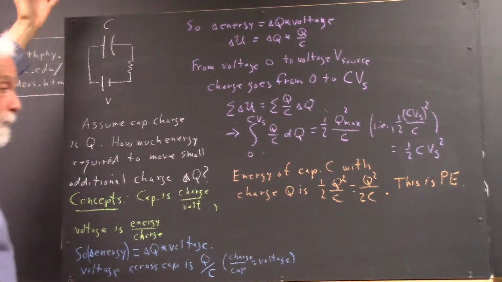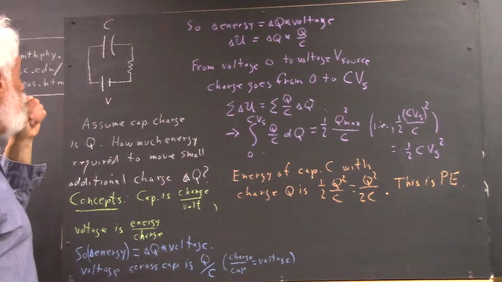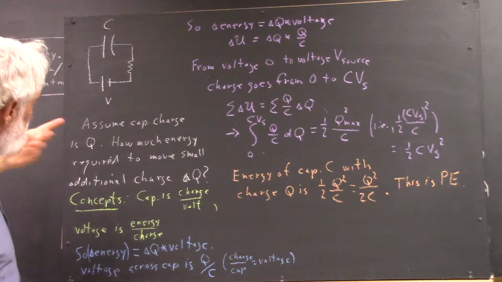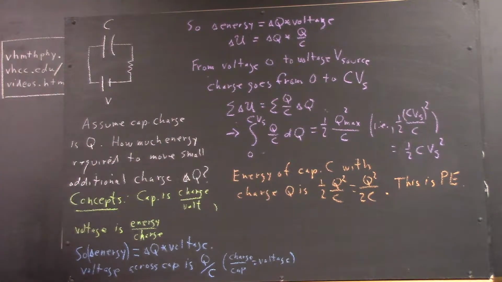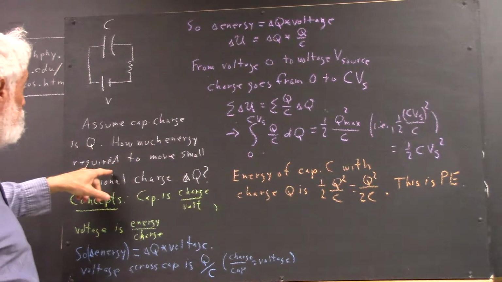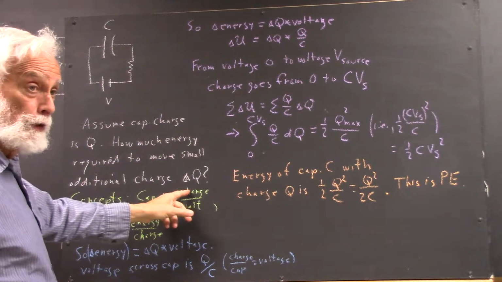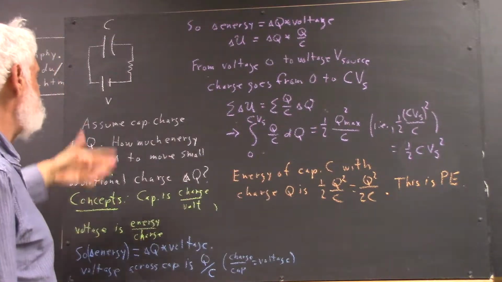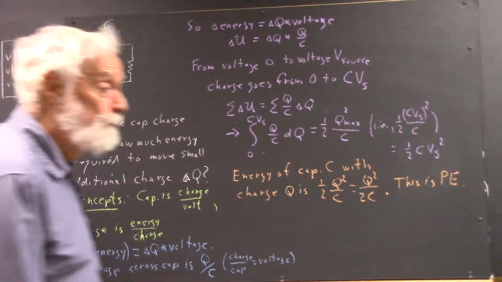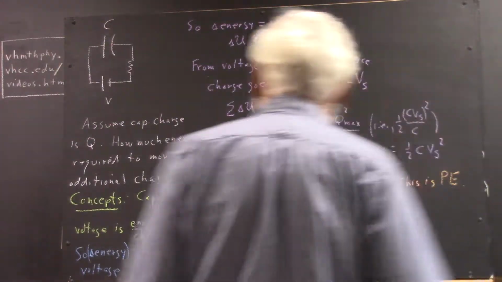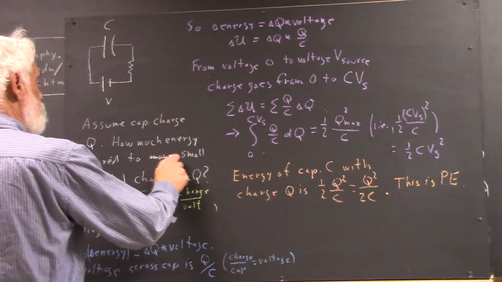We have a capacitor being charged, in the process of being charged, so assume that at some point the charge is Q. The question is how much energy is required to move a small additional charge, delta Q. Now, I should probably say transfer an additional charge, delta Q. I think transfer is a better